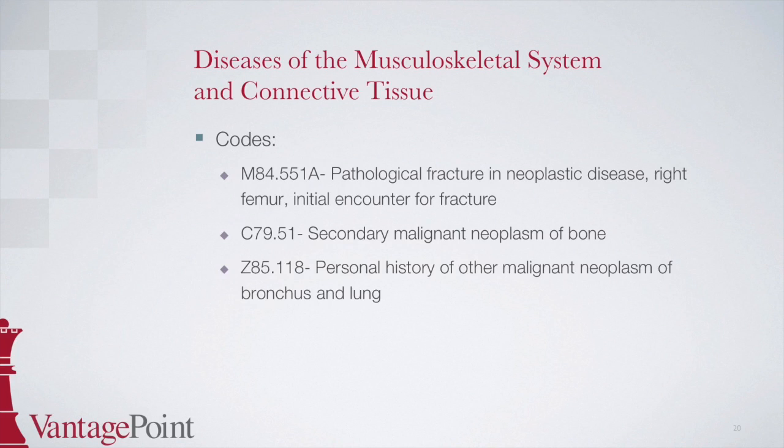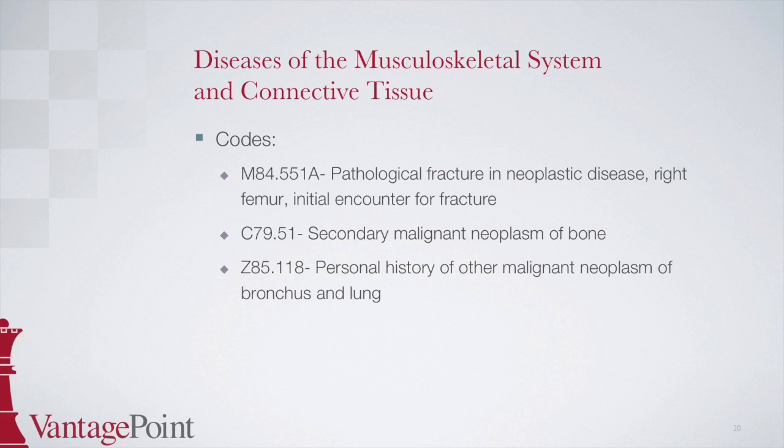Z85.118, personal history of other malignant neoplasm of bronchus and lung. Since documentation states that there is no longer any evidence of the patient's primary malignancy, which was the right upper lobe carcinoma, the carcinoma is coded as personal history of malignant neoplasm. To locate this code, start at history in the alphabetic index, then locate personal. From there, you would look for malignant neoplasm and then lung, which points to Z85.118, which you would then confirm